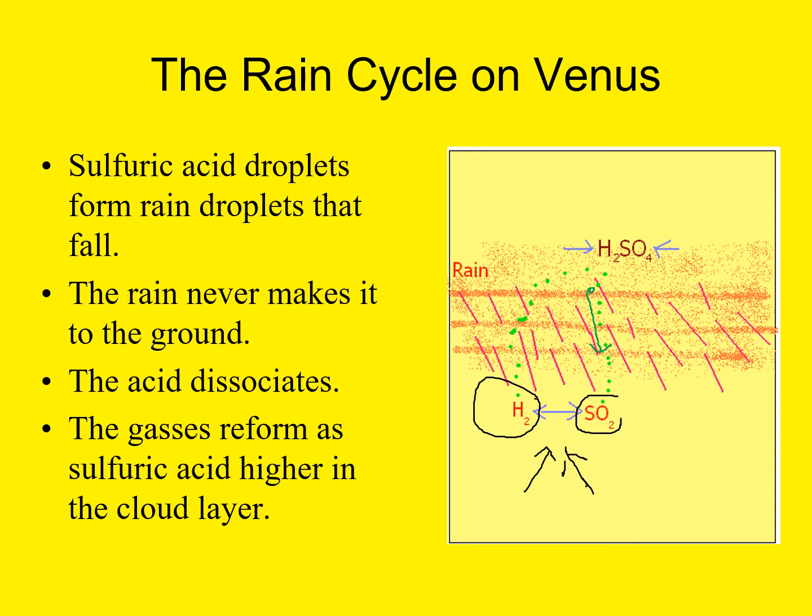Now, those gases then rise through the atmosphere back up to the upper parts of the clouds, where they come back together to make sulfuric acid, H2SO4. So that is exothermic, meaning that it releases energy back into the atmosphere. And so this turns out to be a way that Venus has of getting heat from below the clouds to